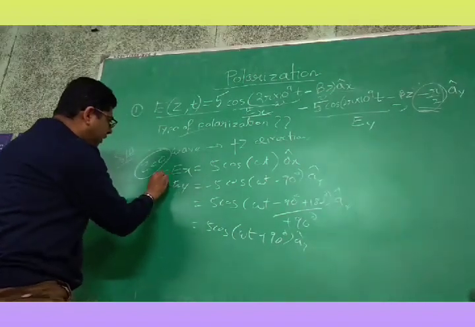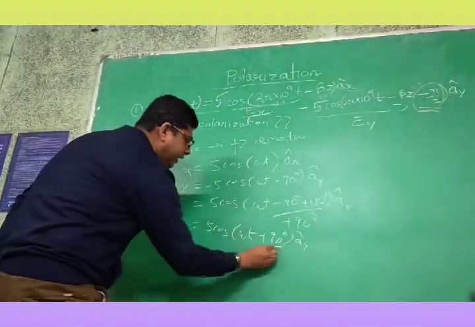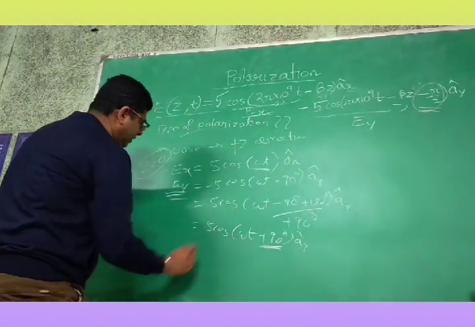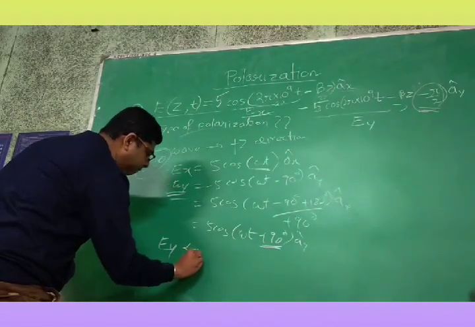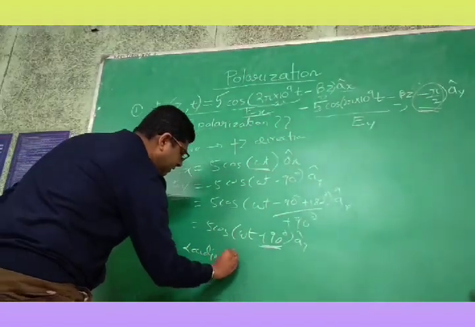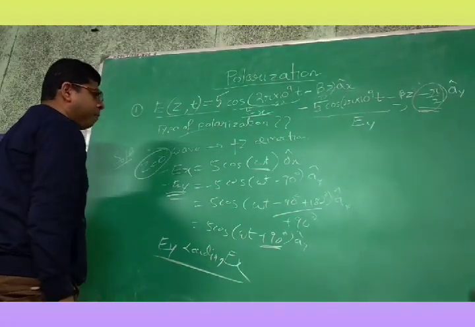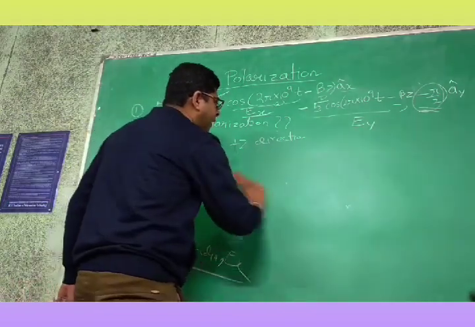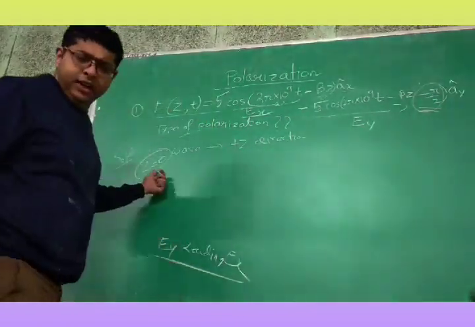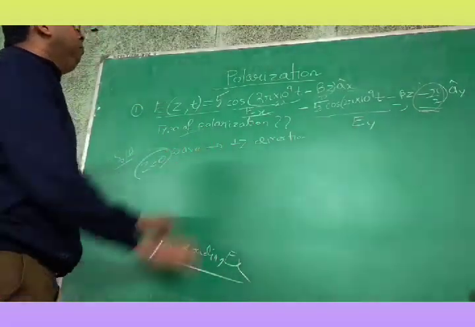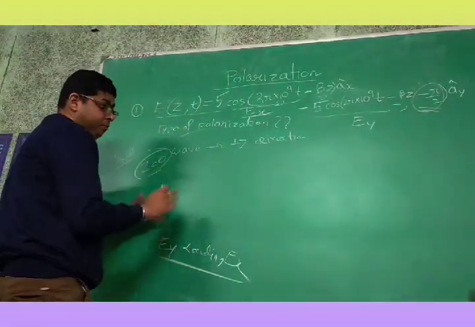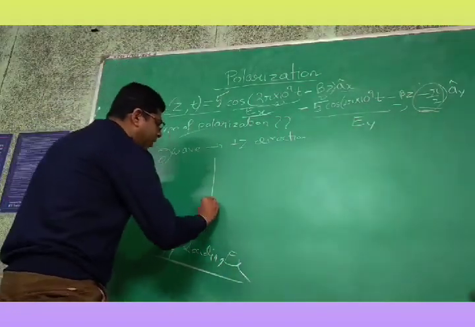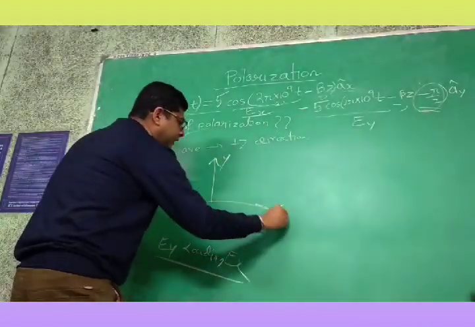That means now predict which one is leading. Of course, Ey is leading, because between this and this, Ey is leading. So Ey leading Ex. Now see, if I plot, try to predict at this point z equal to 0, because this will simplify the problem. So we can consider this point. So now let us try to plot. This is y, this is x.